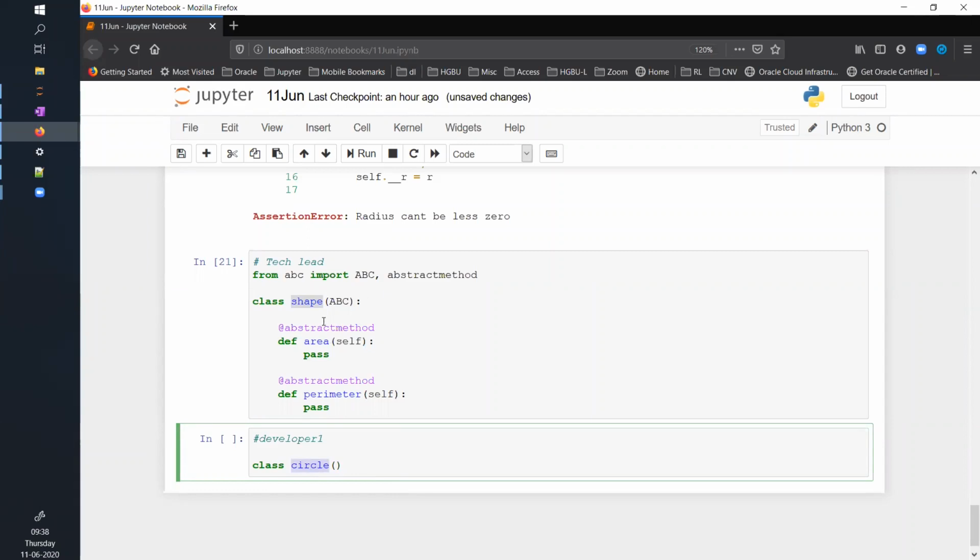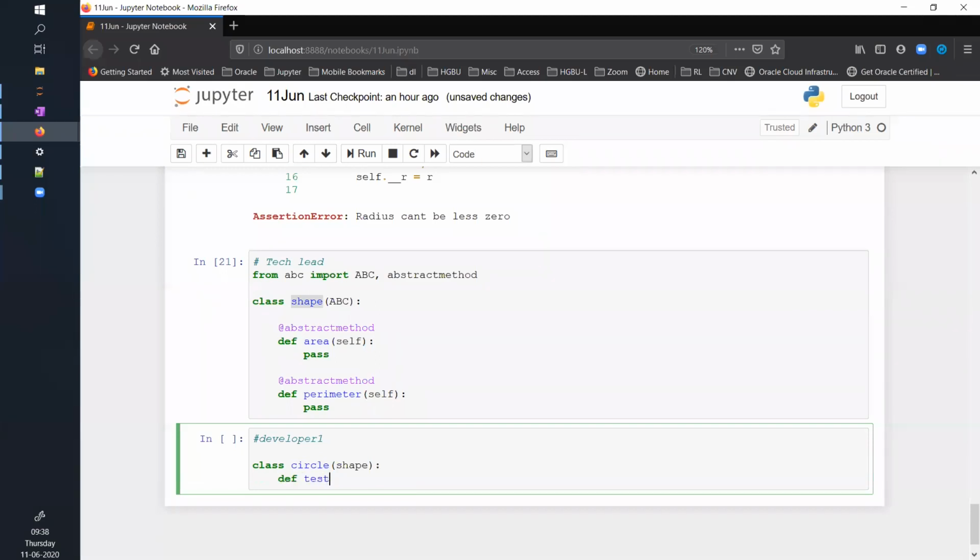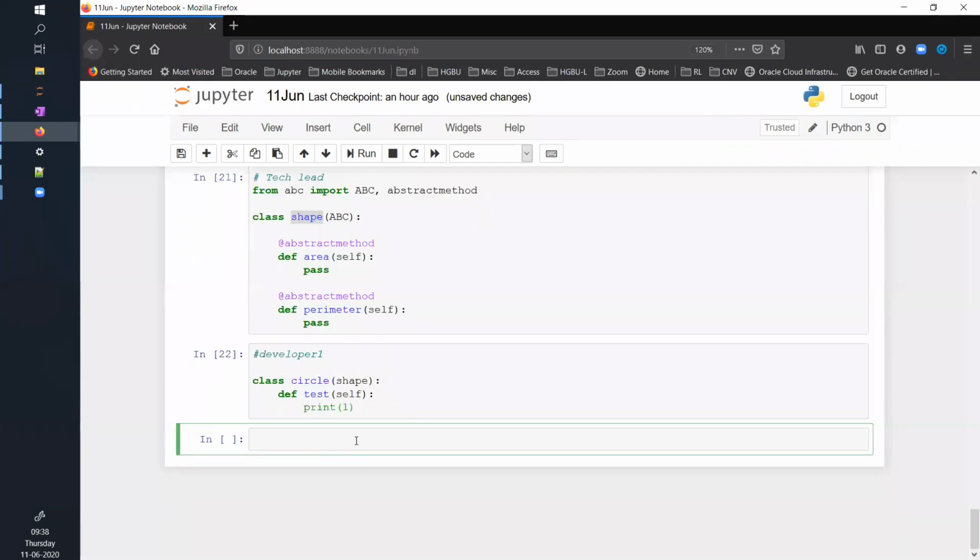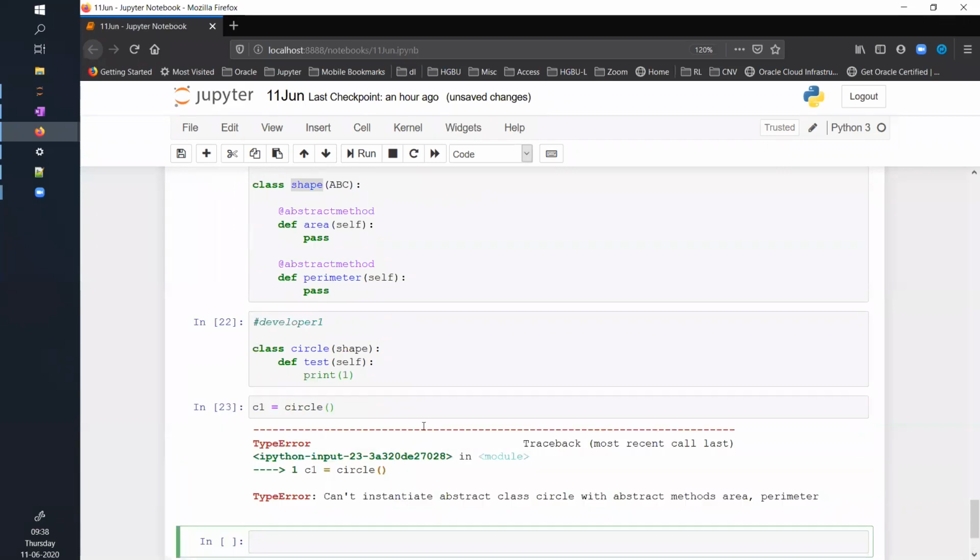Let's say I created some function of my own, def test, print 1. Now if I want to create an object of Circle, c1 equals Circle, this will fail.